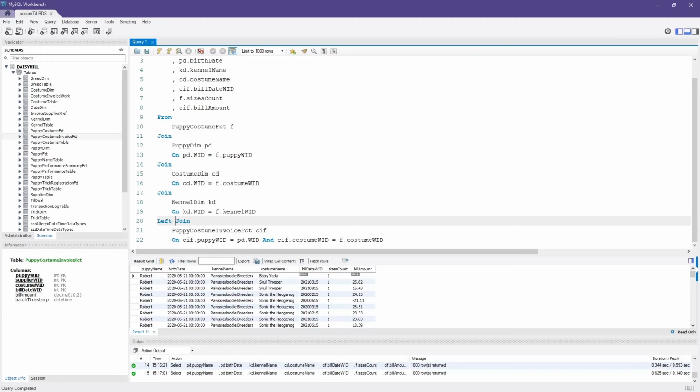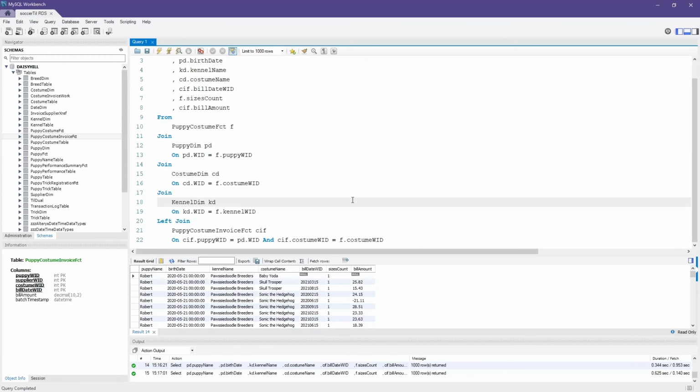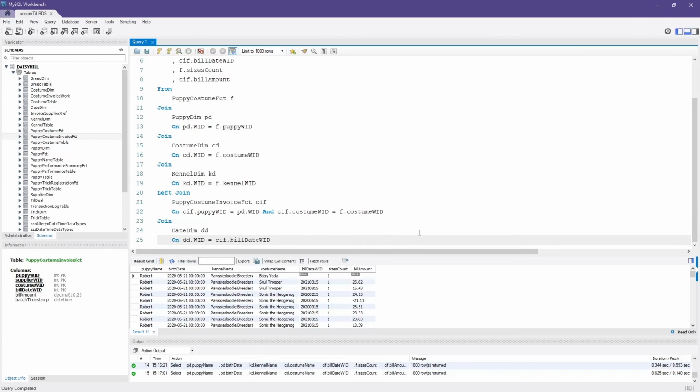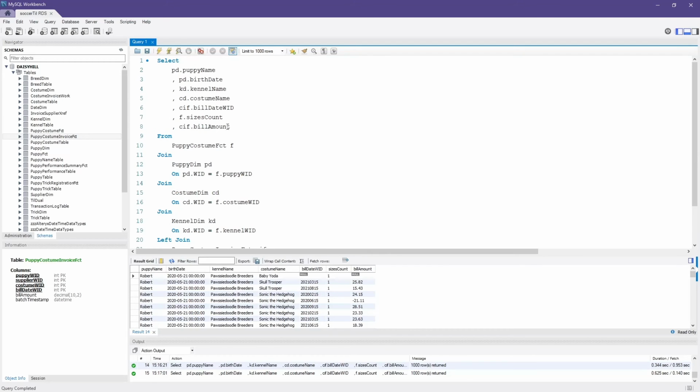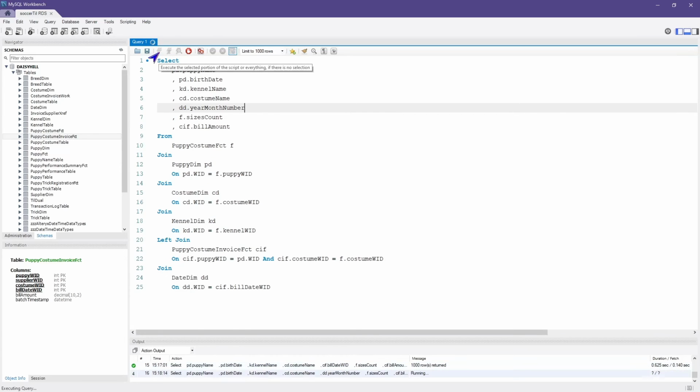If we wish to know what date these occurred in, then we'll also need to bring in the date dimension. So if we join the date dimension to this as well and return us the date rather than the billing date, let's go ahead and work with our year-month number that we've been using in previous examples of this data. Execute this query,